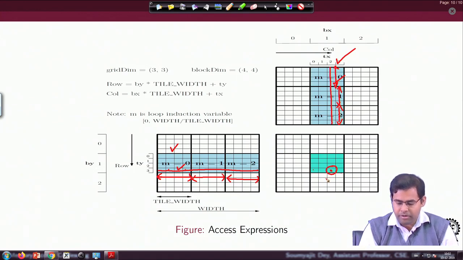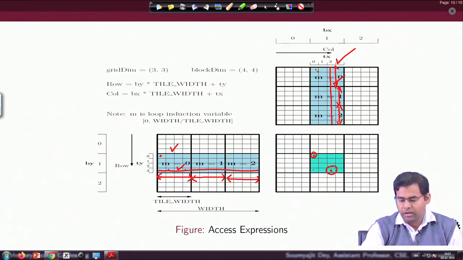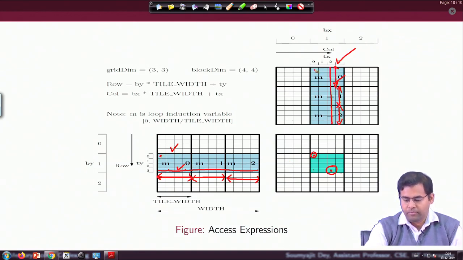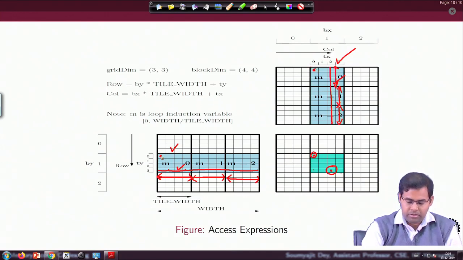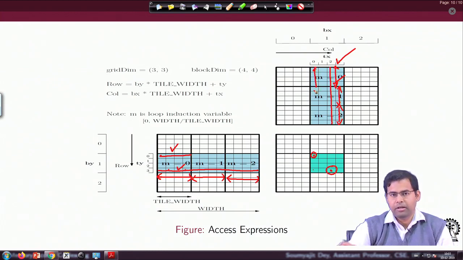So similarly, what is happening? While this thread is doing its part of the computation for this location, all the other threads in the tile are doing their part of the computation for various other locations. For example, if I consider the thread corresponding to this point, it had brought in this data and this data, and after bringing in those data points, it is traversing this much and doing the multiply add, right.